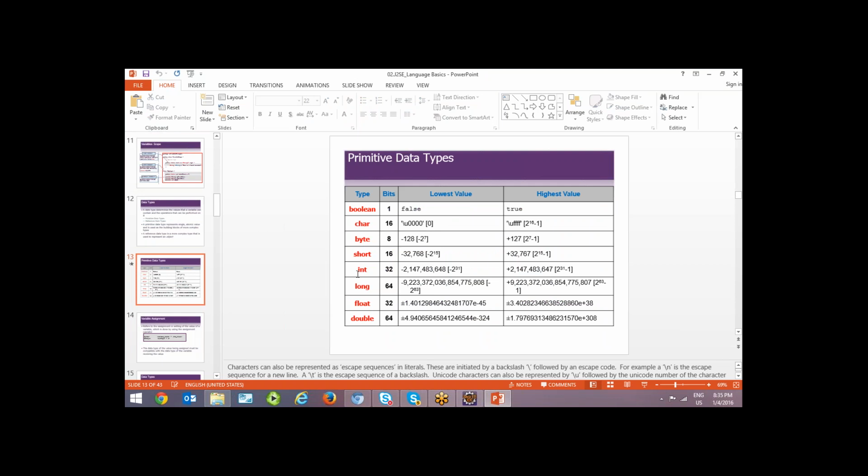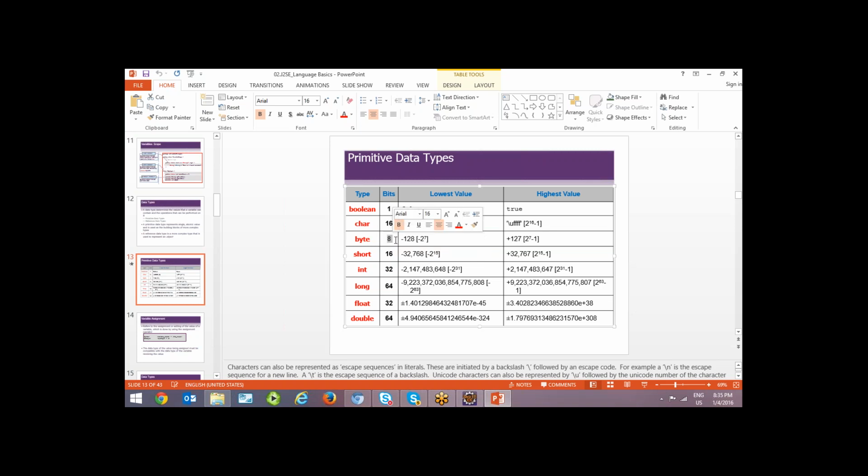Out of these 8 types, byte to double are all numeric data types, but the range is different. If you look into byte, it is minus 128 to 127. Sometimes you need to store a number within that range, so you don't go for integer because integer occupies 32 bits, which means 4 bytes, whereas byte is only 1 byte.